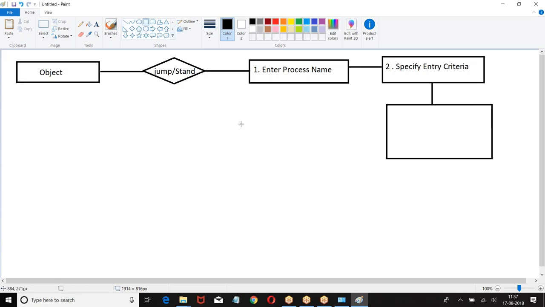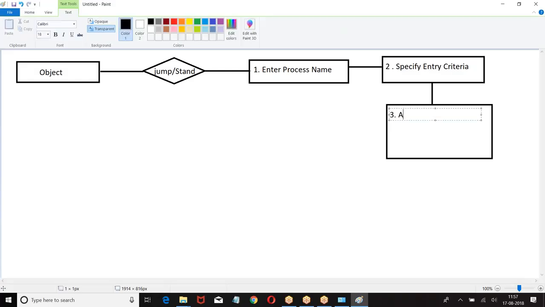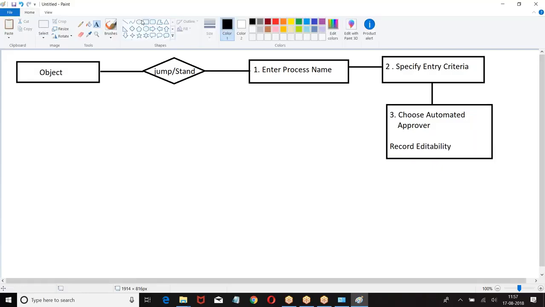Once you specify the entry criteria, then step number 3. What is step number 3? Choose the automated user and record add. Then step number 4, notify the approver.